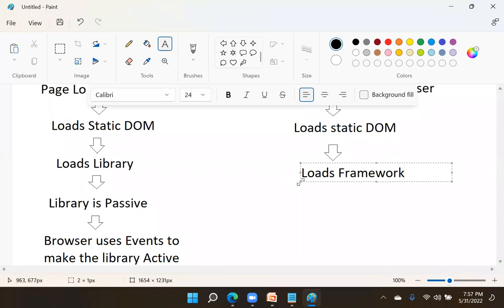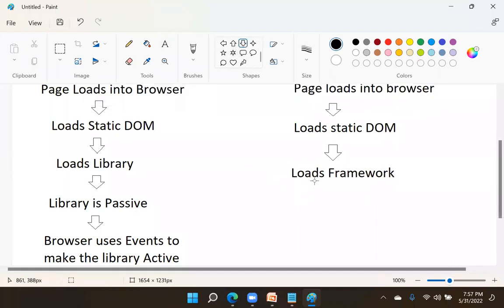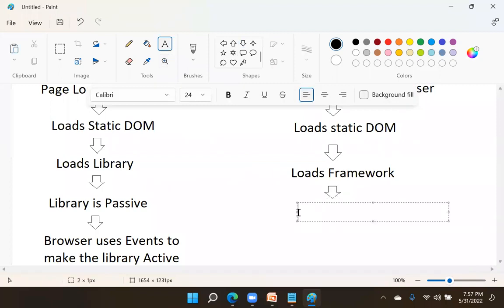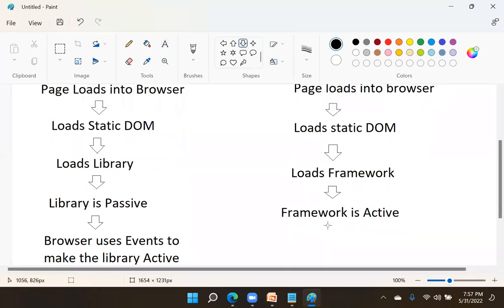Once the framework is loaded, the specialty of a framework is that by default the framework is active. It will take control of your application.